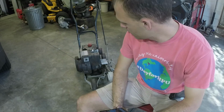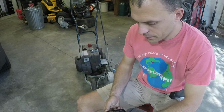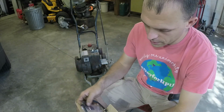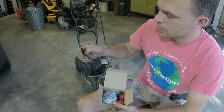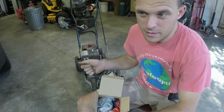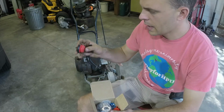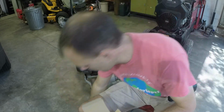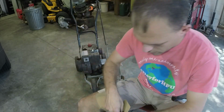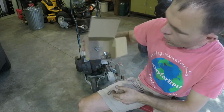It's not an exact match, but it's a Tecumseh 3 horsepower horizontal shaft, and this carburetor in particular is a snowblower carburetor. We don't do snowblowers here in North Carolina, but it comes with all of your essentials that you would need for a snowblower with any of your small MTD or Tecumseh Snow King engines, like the 5 horsepower and the 6 horsepower. Should have everything that you need here. You got the whole shebang: primer bulb, fuel line, fuel filter, shut-off valve, spark plug, and what we're after here,